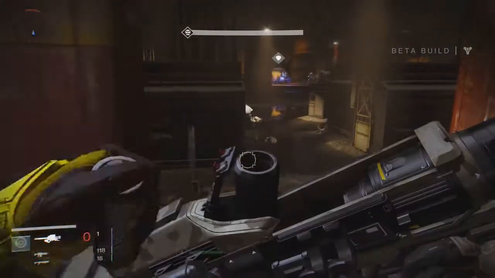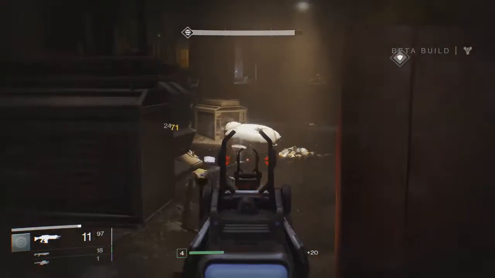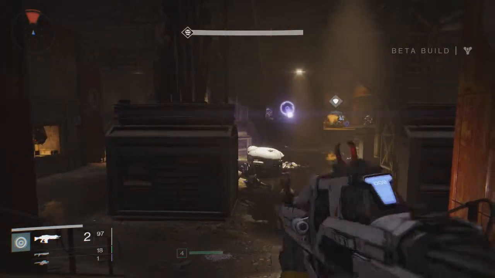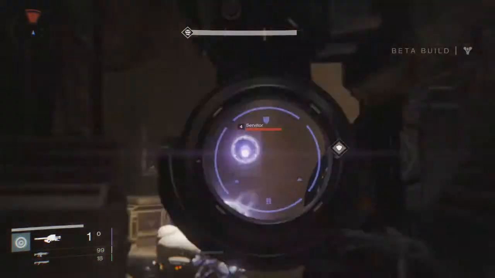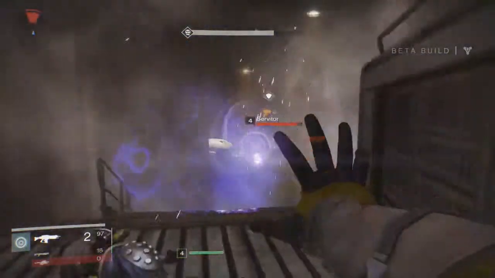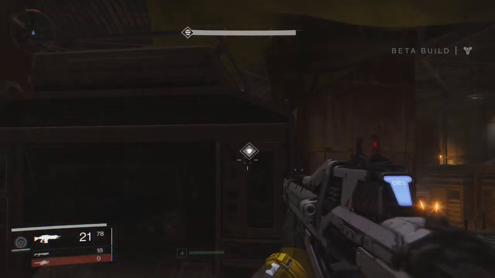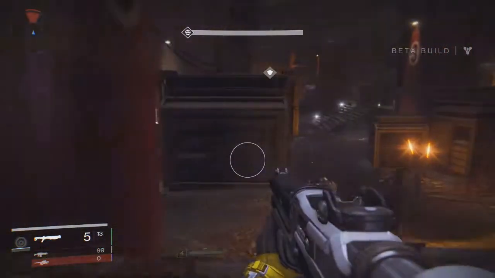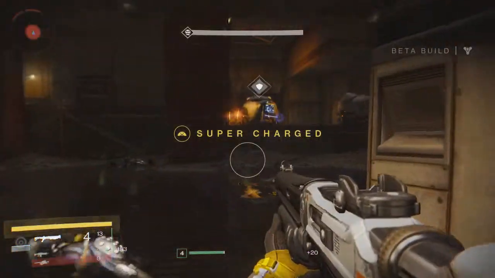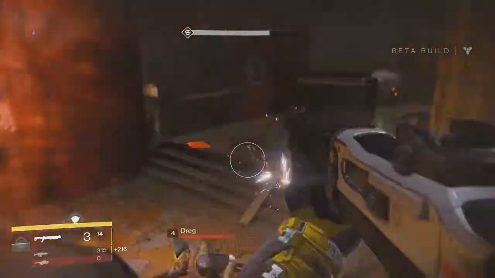Alright, let's go ahead and reload this because there's some enemies that are going to be spawning soon that I really don't like. You can see them. Floating purple circle things. The servitors. I don't like them. In fact, I hate them so much. They're just too tough, I think. I don't mean that in like a, oh, I'm such a little bitch, I can't take out the strong enemies, but